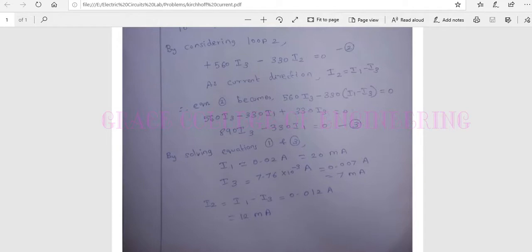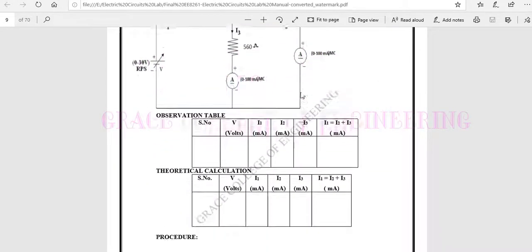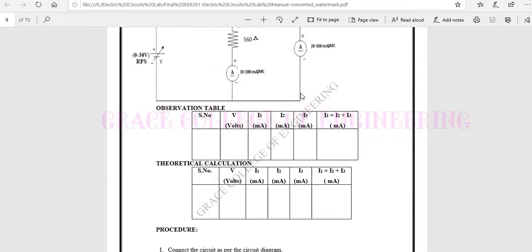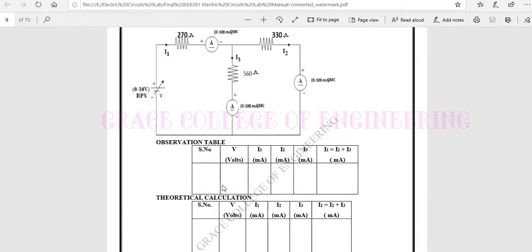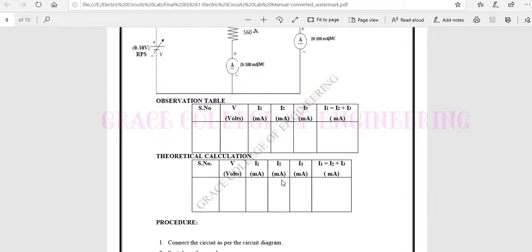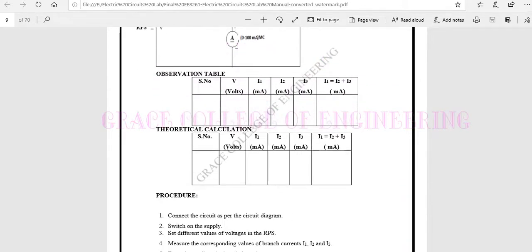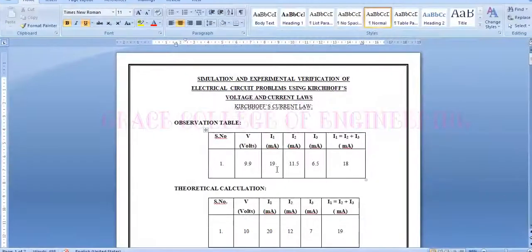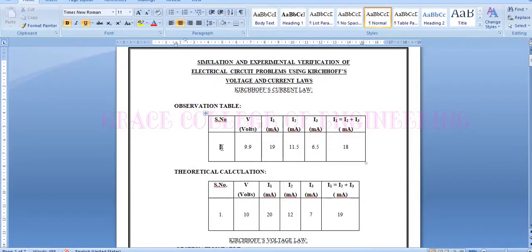And as per this I have connected the resistors in the breadboard, and I can write the readings practically in this tabular column, and also by theoretical calculations I can get the values like this. Okay, this is the observation value, this is the theoretical value. And now